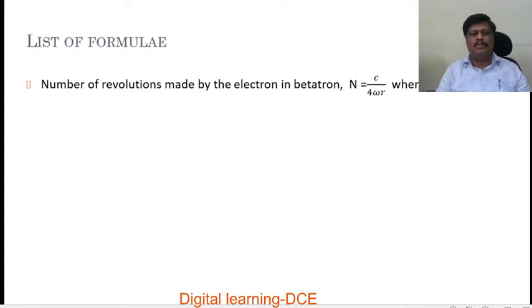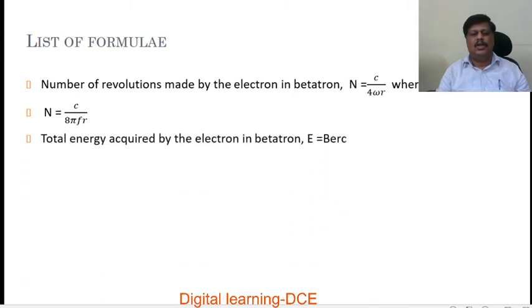Number of revolutions made by the electron in betatron is given by n is equal to c over 4 omega r, where c is the speed of light, omega is the angular frequency, r is the radius of the orbit. But omega is equal to 2 pi f. By substituting the value of 2 pi f, you get another equation, n is equal to c over 8 pi fr. Total energy acquired by the electron in betatron is given by E is equal to BeRc, where B is the magnetic field, e is the charge on the electron, R is the radius of the orbit, c is the